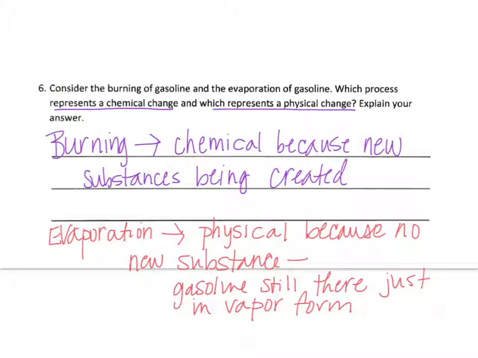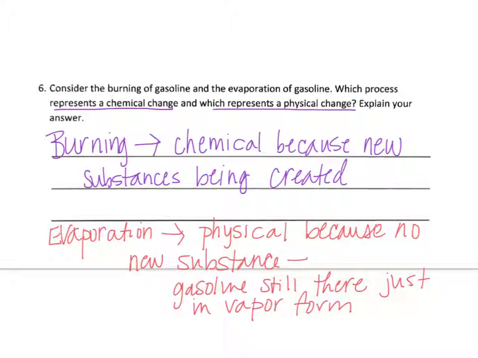Question 6 wants to know if burning gasoline or evaporating gasoline is a chemical change or a physical change. It wants you to classify which one is chemical and which one is physical. Burning is a chemical change because a new substance is being created. In this case, when we burn gasoline, we're creating water vapor and carbon dioxide, which are new substances from the